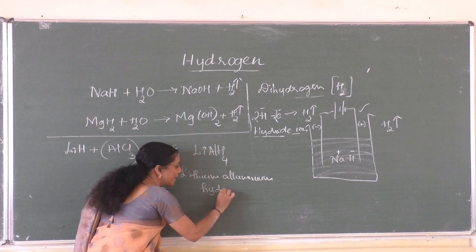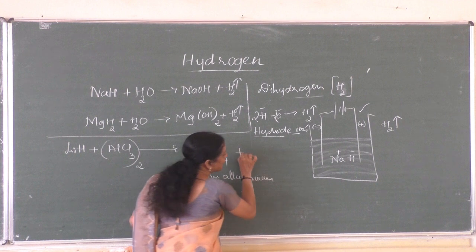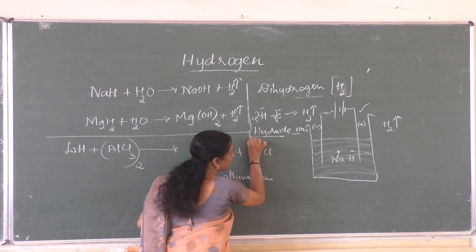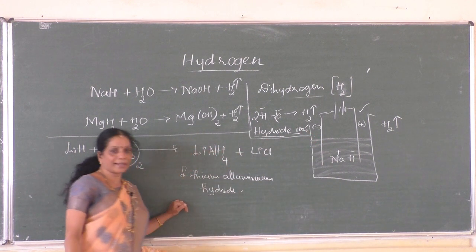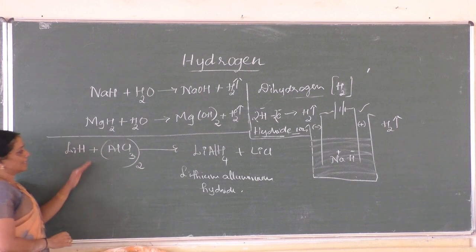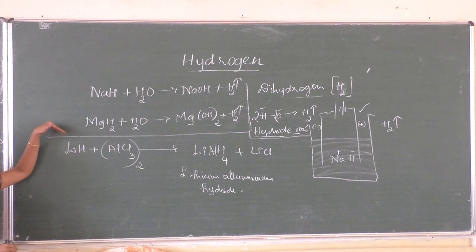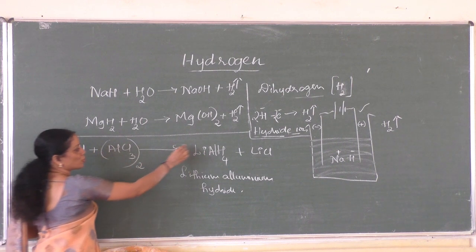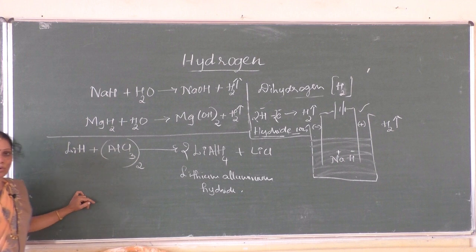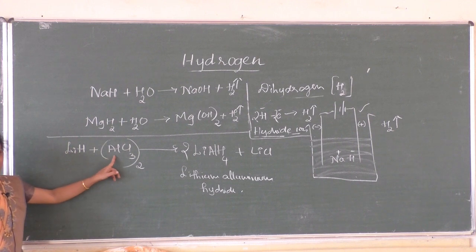Along with that, it also leads to the formation of a byproduct. The byproduct formed here is nothing but lithium chloride. Just see here students, lithium hydride undergoes reaction to give lithium aluminium hydride. If I use the dimer form, what do I have to write here? 2Li, see, Al twice. If I consider the dimer form,